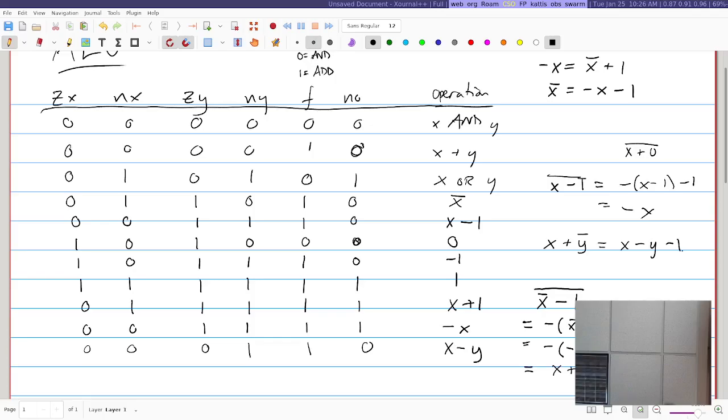Zach? What if we tried negating x and then don't do anything to y and then add and then flip the output? Okay, so you want to, instead of negating y, you want to negate x, but then negate the output also. Yes. Okay, let's try that. So,